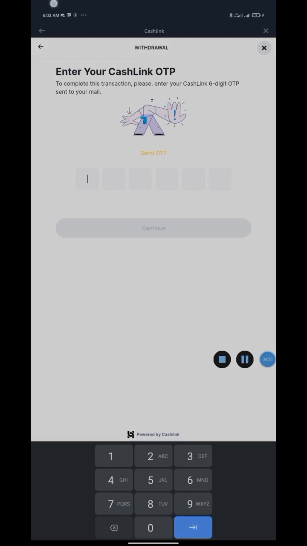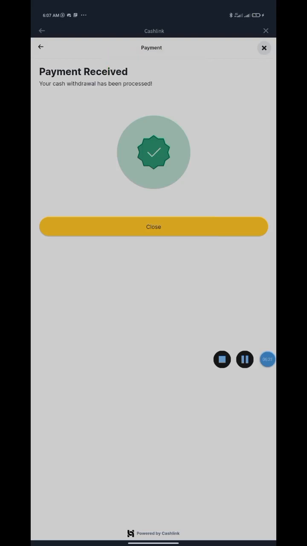We are just going to wait for that. So I just input the code right there, and it has said payment received. That is exactly how to withdraw from Binance. Quite easy and quite short. So we'll just hit on close,